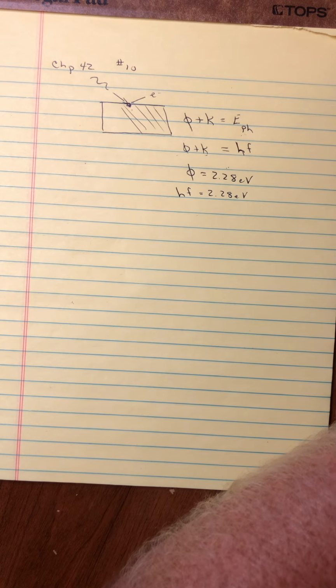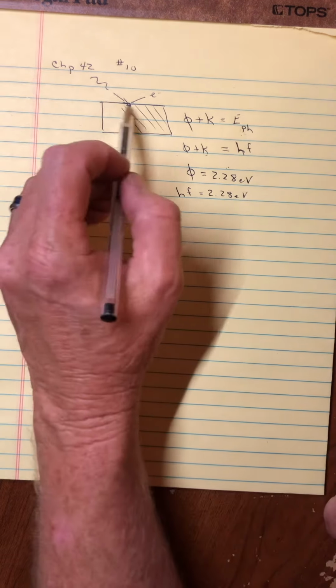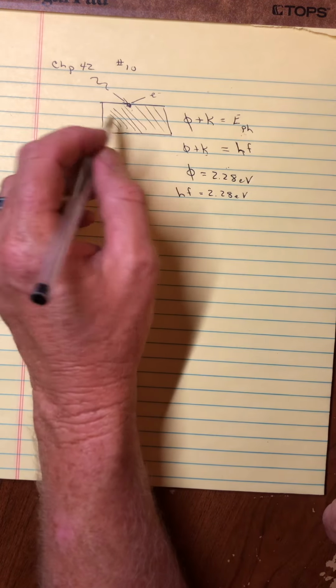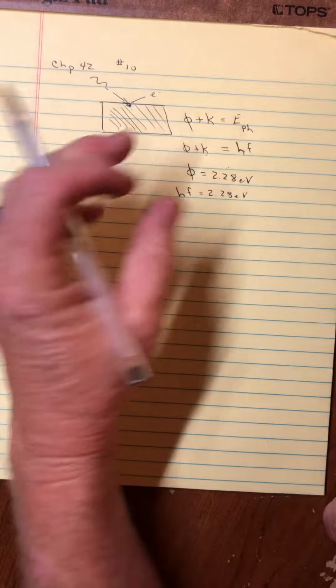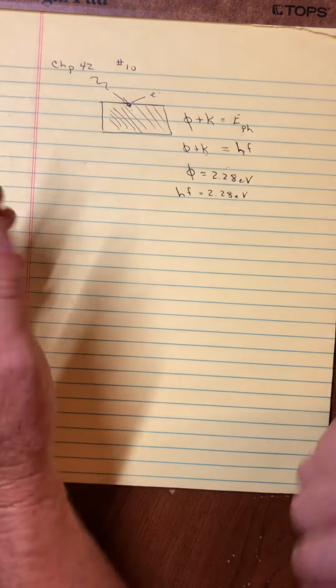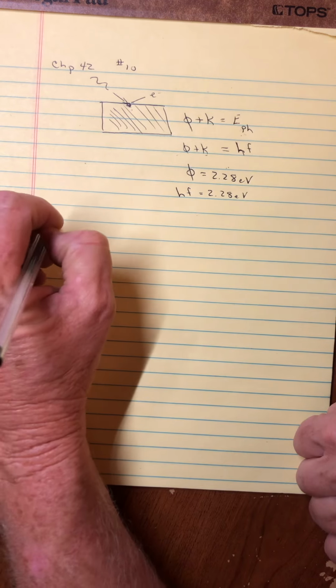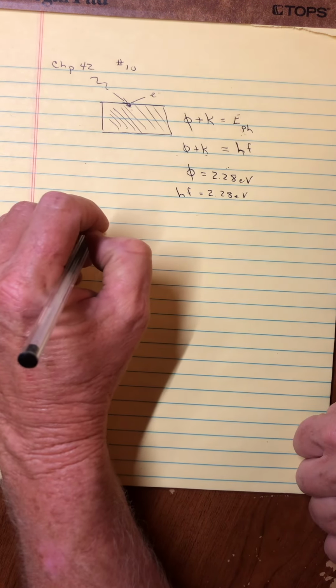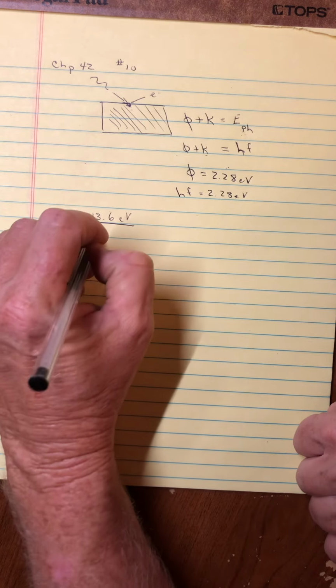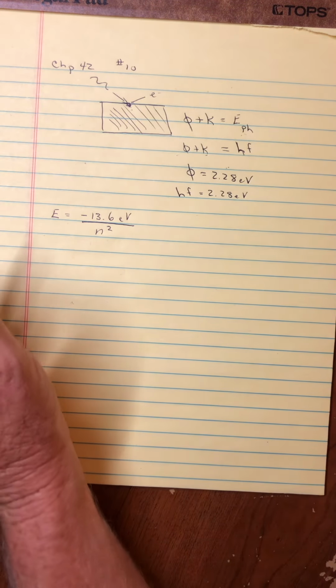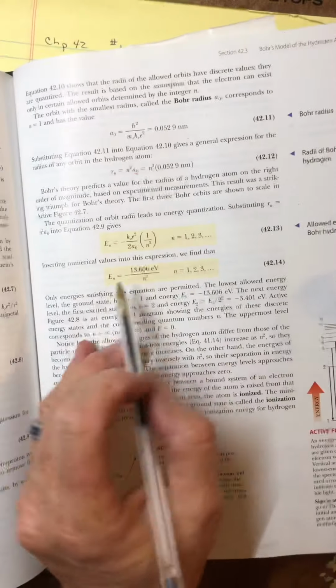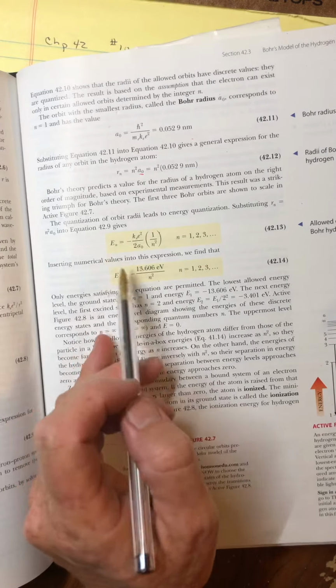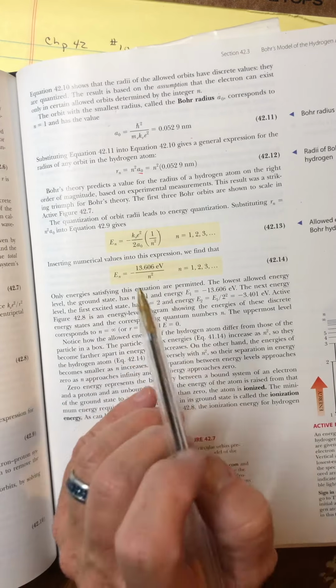So it says, suppose that this photon is instead absorbed in a hydrogen atom. Find A, the minimum n for a hydrogen atom that can be ionized by such a photon. Instead of kicking the electron free from the sodium metal, we're asked to look at it kicking the electron free from a hydrogen atom. So this is worth putting down the equation for the quantization of the hydrogen atom. As I've shown you in many other videos, and I'll show it to you again, on page 1221, this is what we get after a lot of work on the quantization of the hydrogen atom.